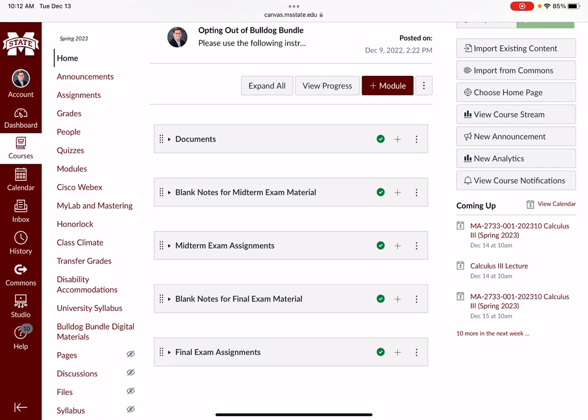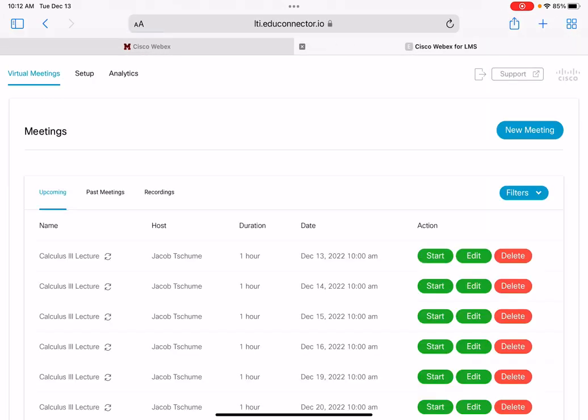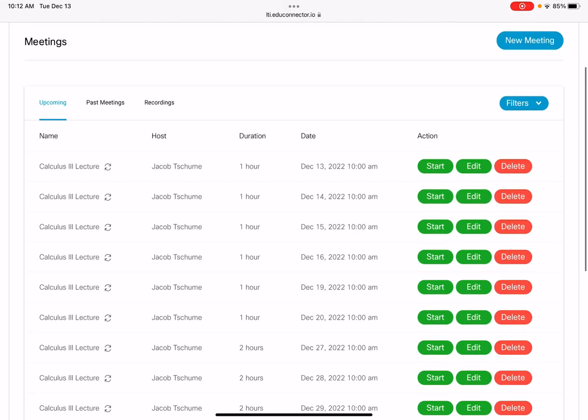A couple of things I wanted you to note is that starting tomorrow, as you can see over here on the left-hand side, there's a tab that says Cisco WebEx. So starting tomorrow, you will click on Cisco WebEx. All right, sorry, I'm on my iPad, so I'll have to enable it. All of mine say start,